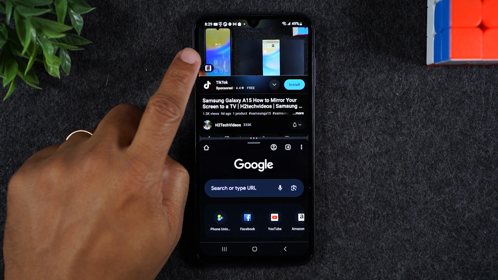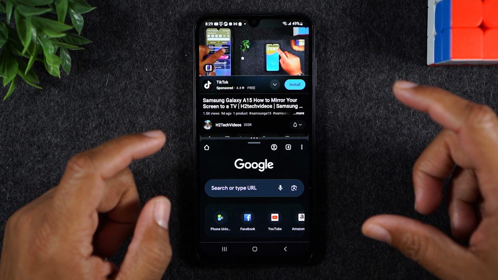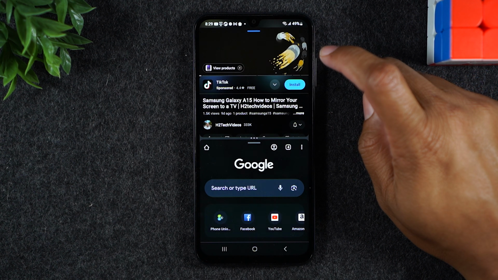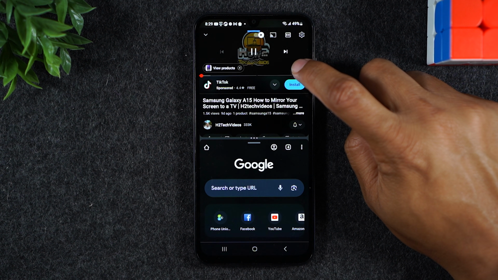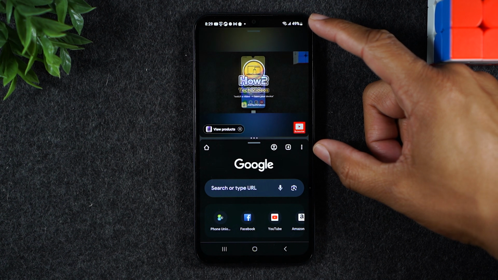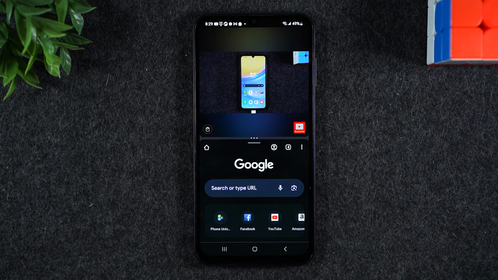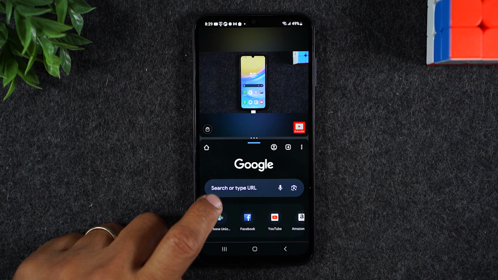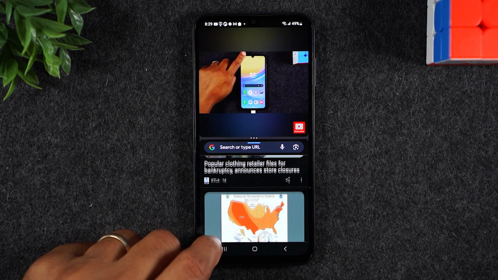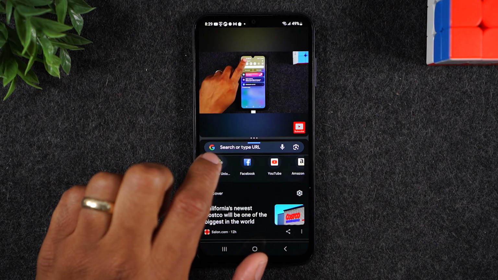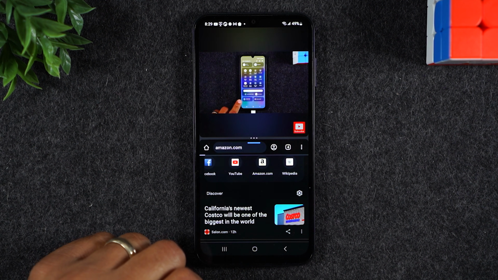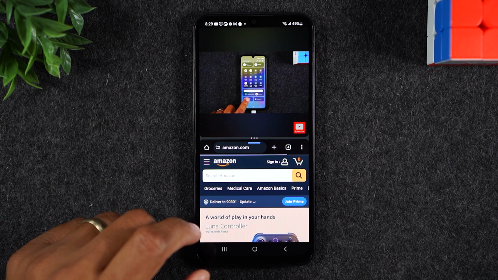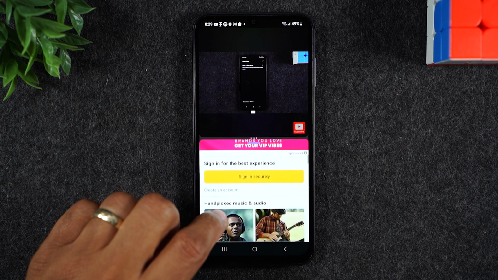My video is playing at the top of the screen here, and if I want to make it full screen, I'm just going to tap on the video and tap on this little square in the bottom right corner. Now that's going to make the video at the top full screen, and while this video is playing, I can simply be scrolling through Google Chrome here. I can go shopping if I want on Amazon, doesn't matter, but basically I can scroll through this while that